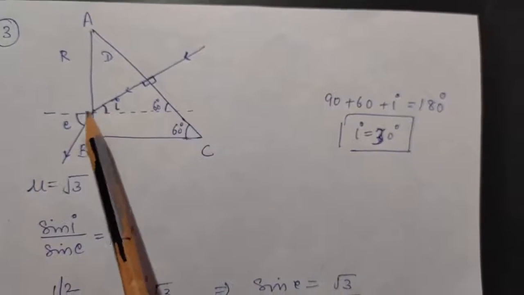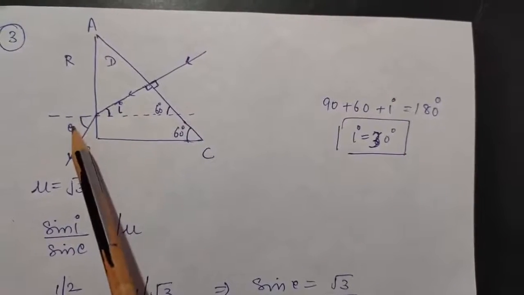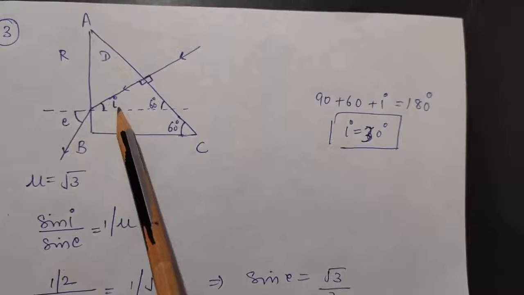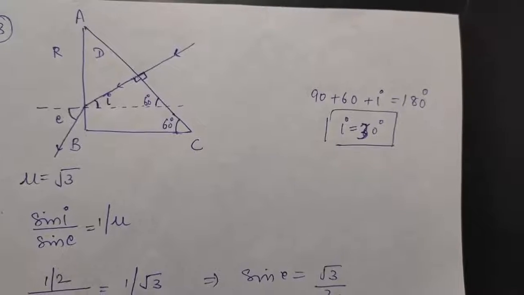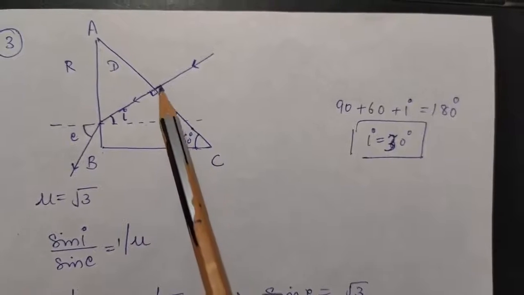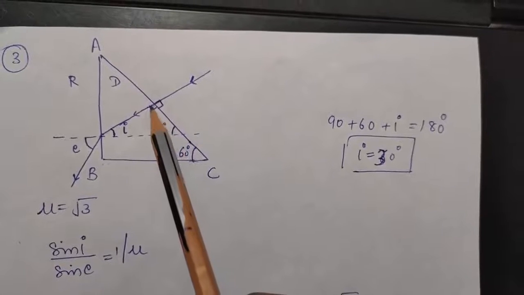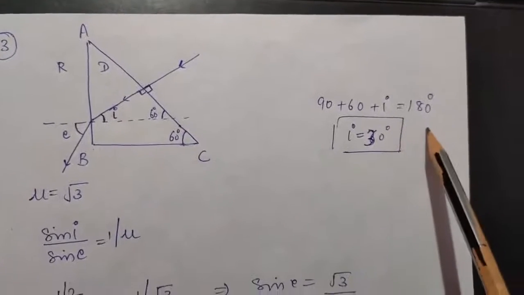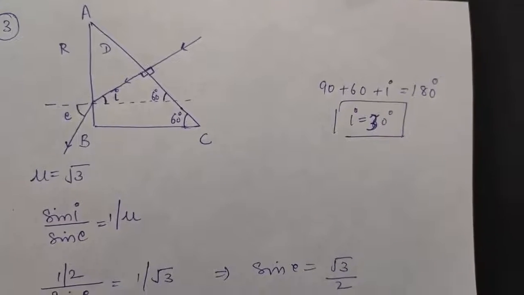Now when it will come here, this will be the normal to the face AB. So because the ray is going from denser to rarer medium, it will bend away from normal. So it will be bending like this. I am taking this to be angle of incidence for the face AB, and this is the angle of emergence for the face AB. So now angle ACB is given to you to be 60 degrees. Okay, so now if you look in this triangle, if this is 60 degree, this will also be 60 degree, right? This is 90 degrees. So that means 90 plus 60 plus I will be 180 degree. Or you can say angle of incidence is nothing but 30 degree for the face AB.